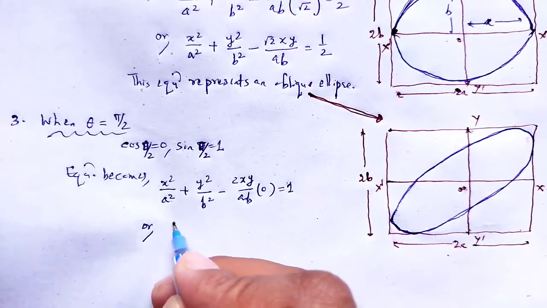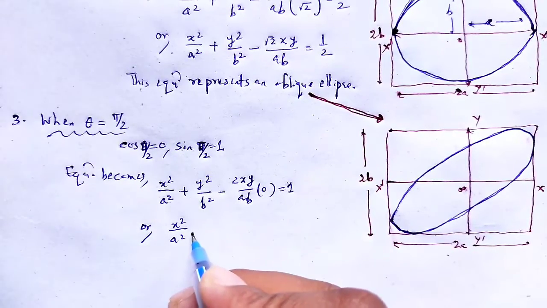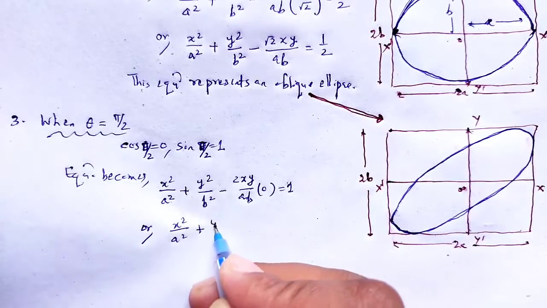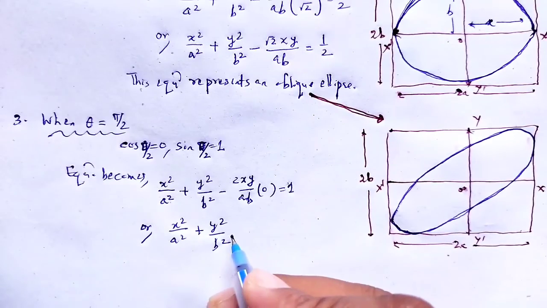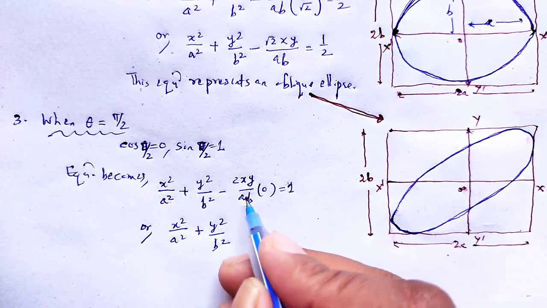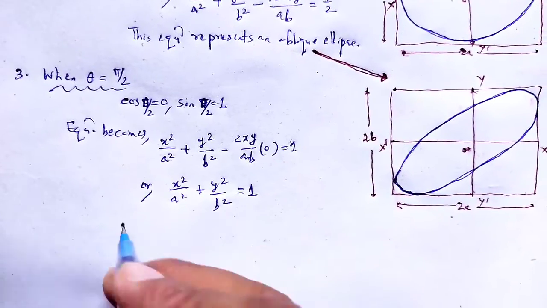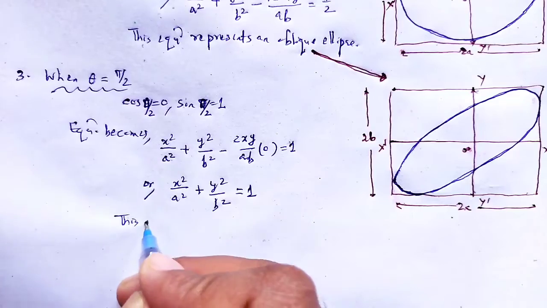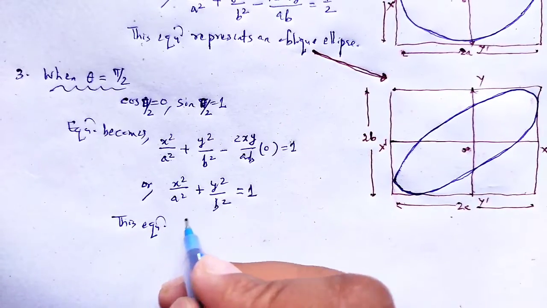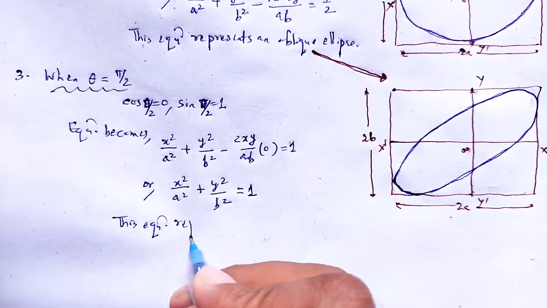Therefore, x square by a square plus y square by b square is equal to 1. This equation represents the ellipse,